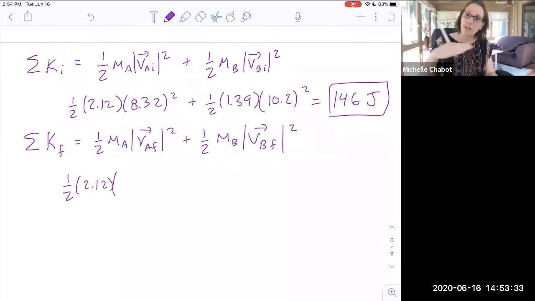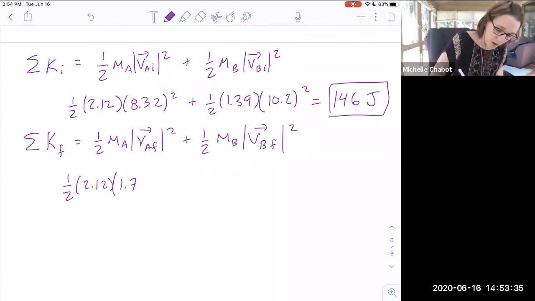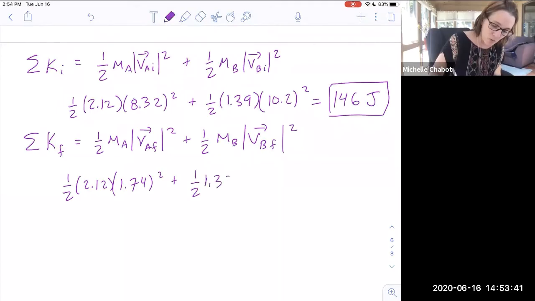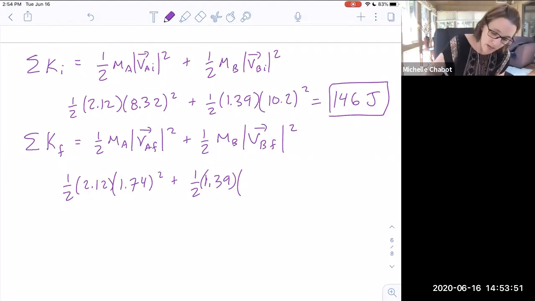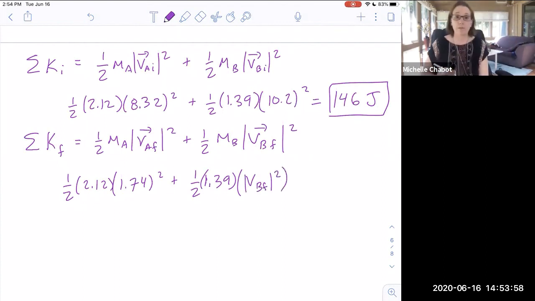It went to the left at 1.74. So 1.74 quantity squared plus 1/2 times the mass of B, so 1.39. And then we need to have the speed, right? So the speed of B. So V B final, quantity squared,